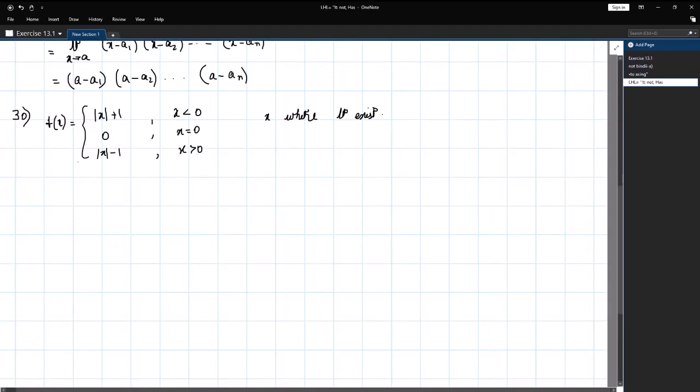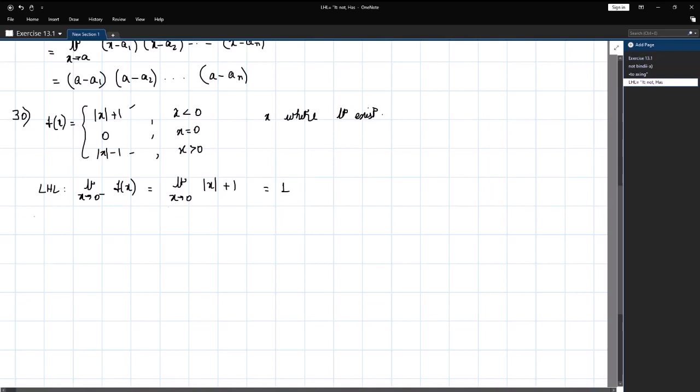So let's try. Since we have two different equations at x greater than and less than 0, let's check whether the limit exists when x tends to 0. So again we'll have the left hand limit, that is limit x tends to 0 minus of f of x, which is nothing but limit x tends to 0. We'll have to use this equation, mod x plus 1. So this is nothing but